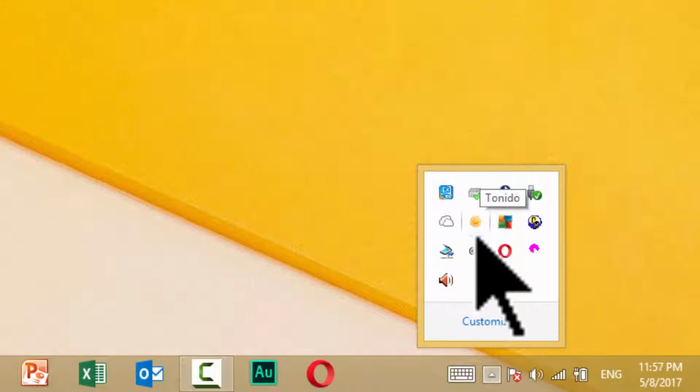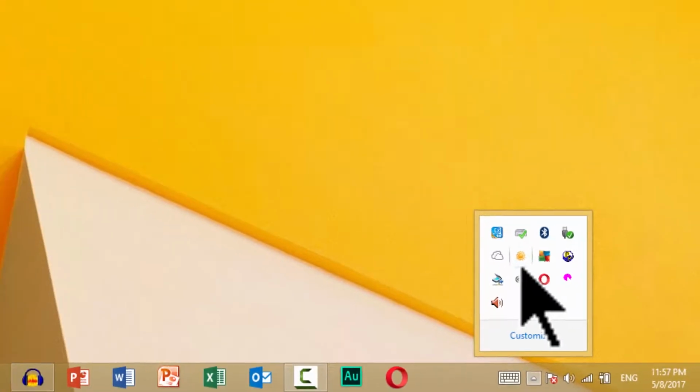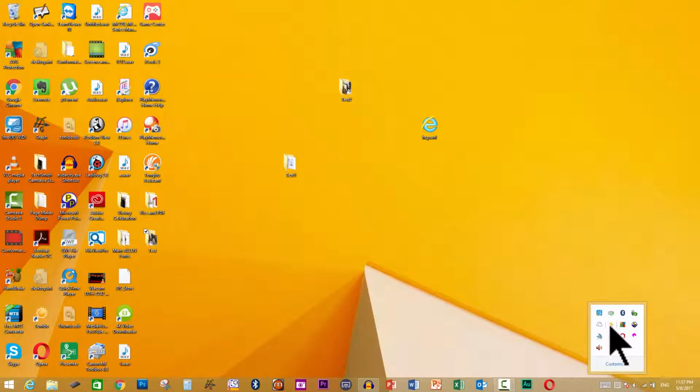So this is my laptop, my Windows laptop, and as you can see, the Tornado is up and running. This is the sun icon of Tornado. So it's up and running, and this is the Guru1 ID that we had created in the beginning of the video. So this is running, and in my other computer, which is going to be a Mac, I'm going to be downloading a software which I'll show you in just a moment.